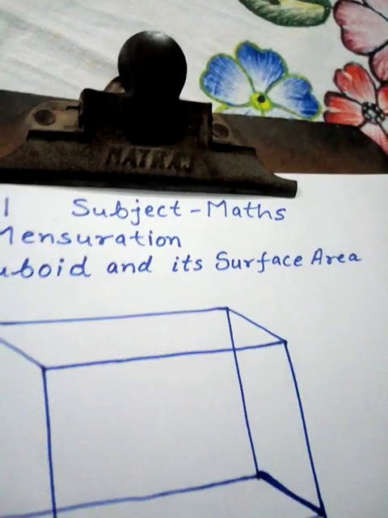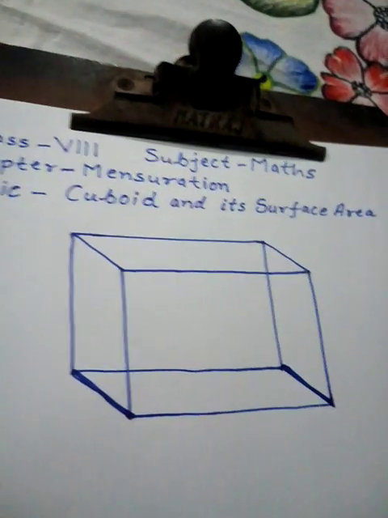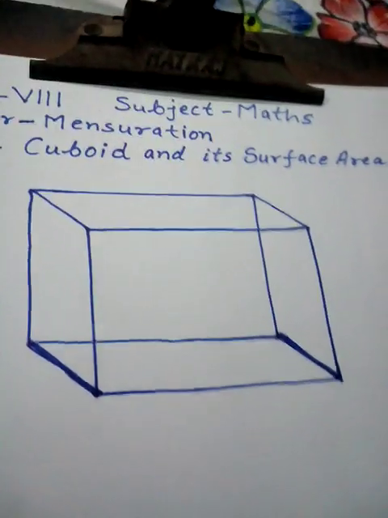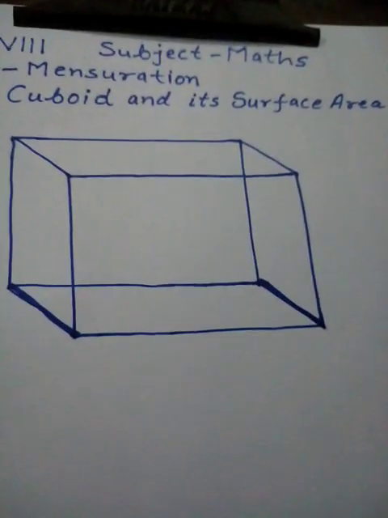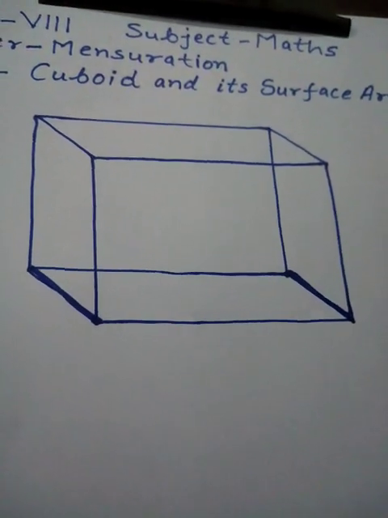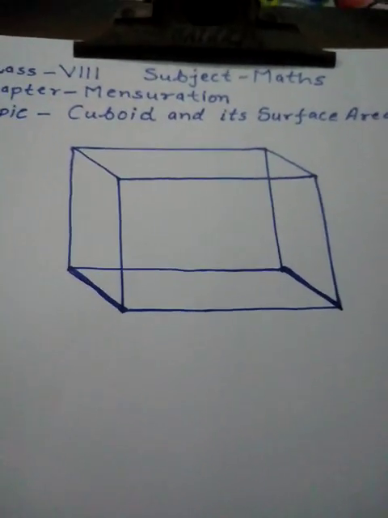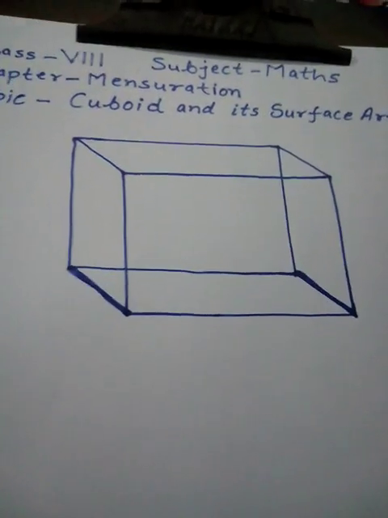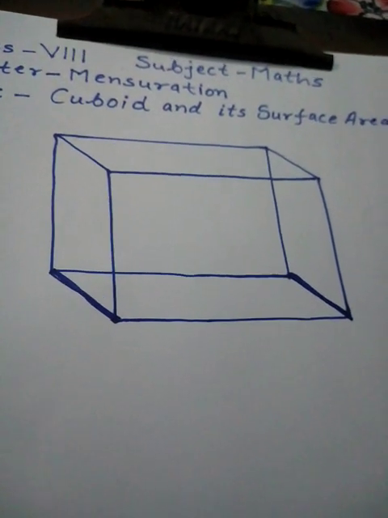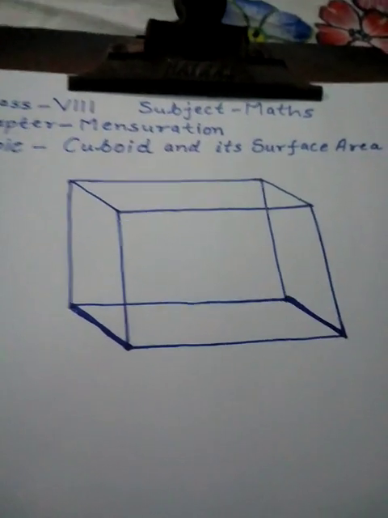And for cuboid, I am going to remind you about a shoe box, a rectangular box, a cardboard box of medicine, a cardboard box of a toy. These are the cuboidal boxes. Here you can see a cuboid on the paper. This is a cuboid, and in this cuboid all these edges